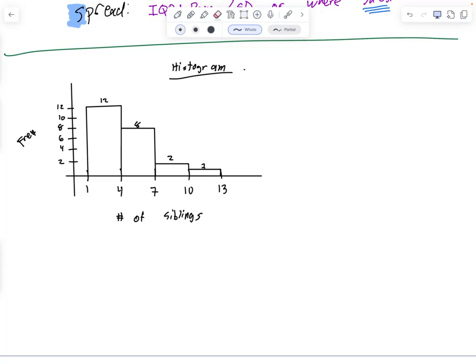All right. So what is the first thing we need to describe? So here's the question. Describe the distribution. This is the example. We are going to describe